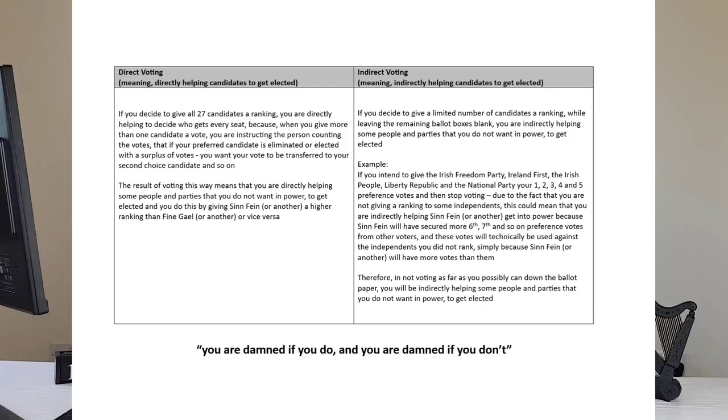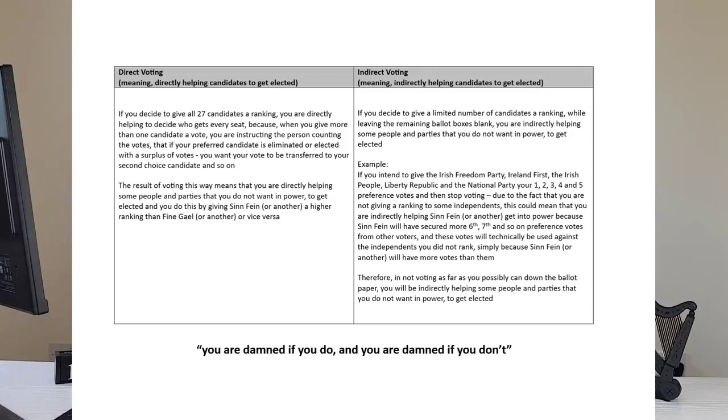So if you decide to give all 27 candidates a ranking, you are directly helping to decide who gets every seat, because as I said earlier, when you give more than one candidate a vote, you are instructing the person counting the votes that if your preferred candidate is eliminated or elected with a surplus of votes, you want your vote to be transferred to your second choice candidate and so on. So in giving a vote to every candidate, you are directly helping some people and parties that you do not want in power to get elected, and you do this by giving, say, Sinn Féin a higher ranking than Fine